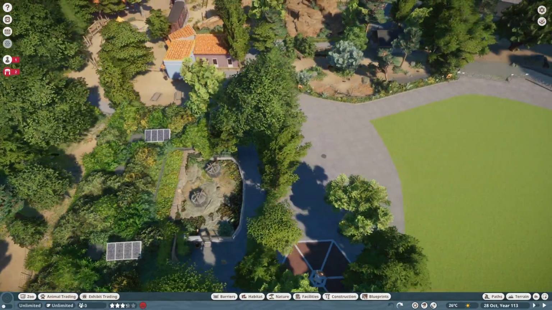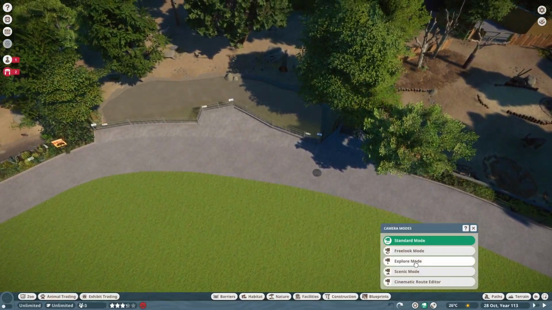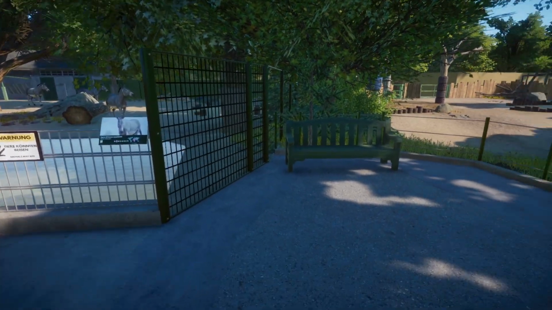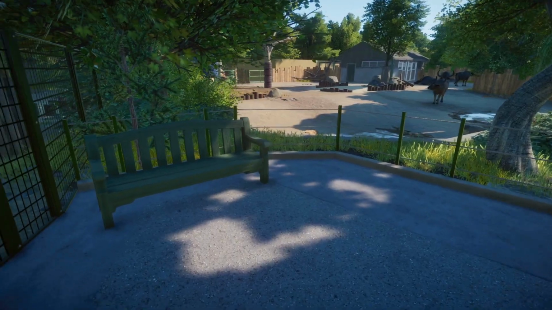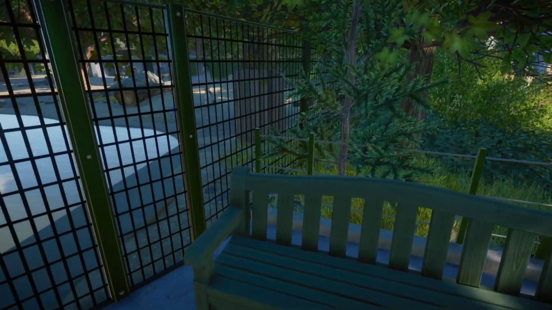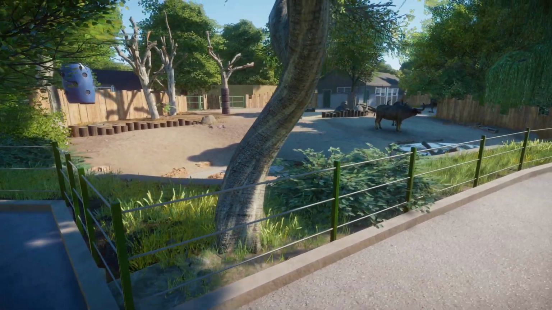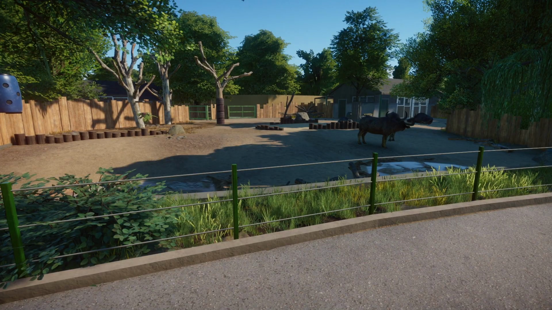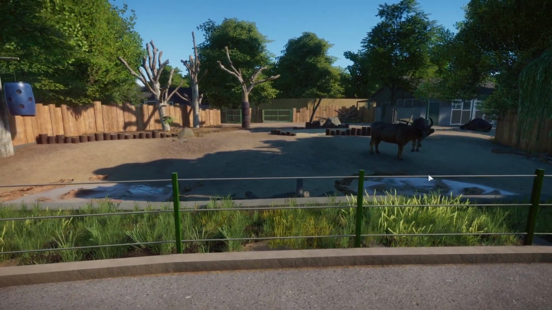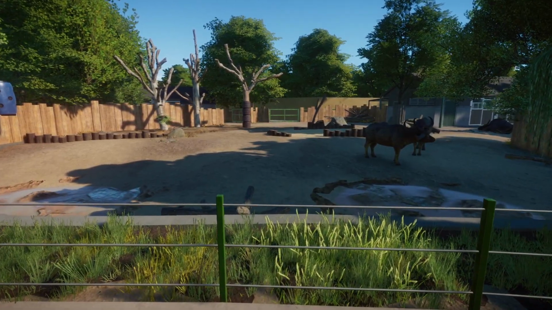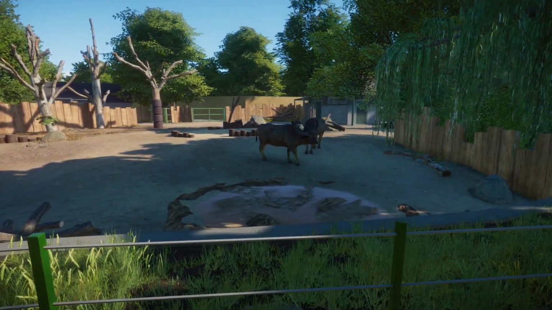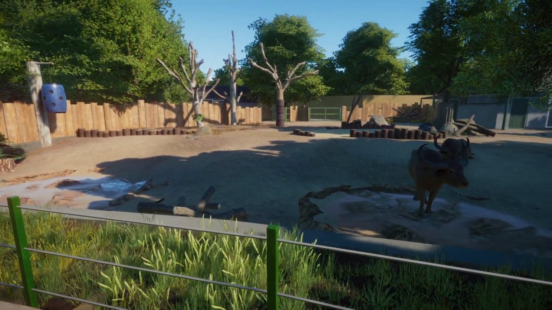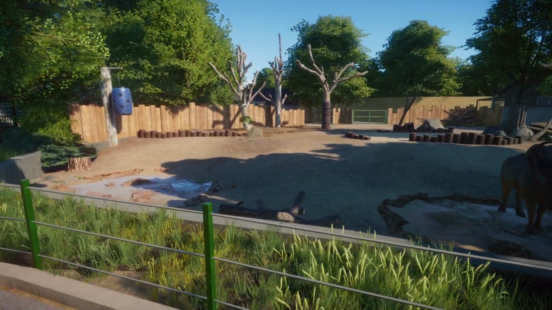So with that out of the way, we can now jump over here to our new exhibit next to the donkeys. I also created this little dent over here with a bench, so guests can sit here and enjoy the animals. But this is now our wild buffalo, or more say our water buffalo, domesticated water buffalo exhibit. As I said, it's very barren because the animals would destroy all the plants that they can have access to. We have some little grass poking up here and there on the edges, but in general it's a very barren habitat, complemented by the foliage around it.